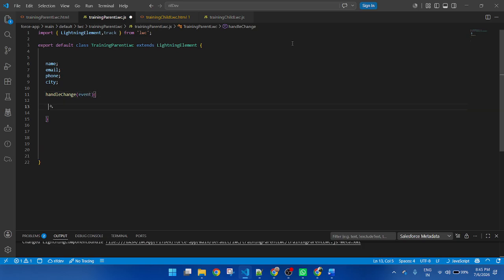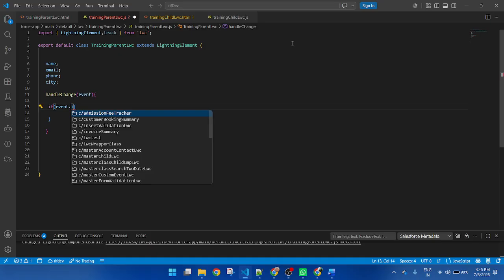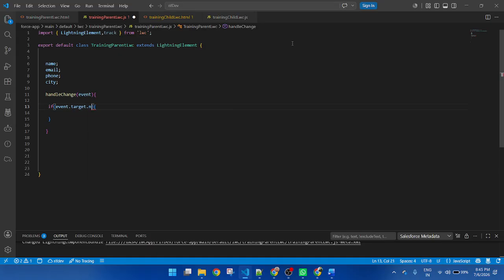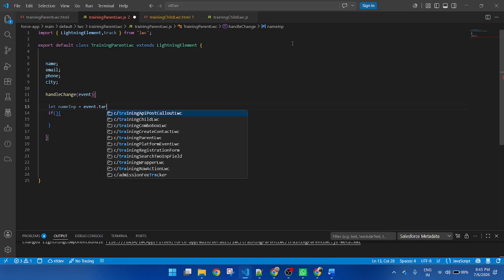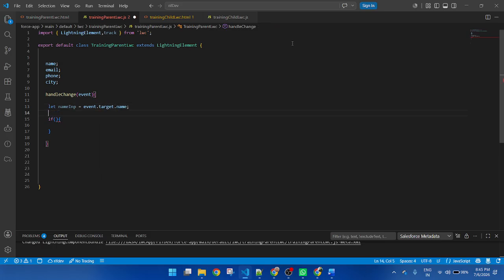Event, event.target.name. Here you can use a variable: let name input equal event.target.name.